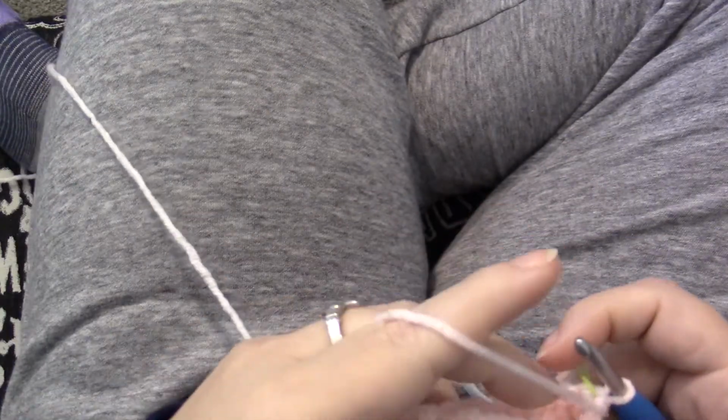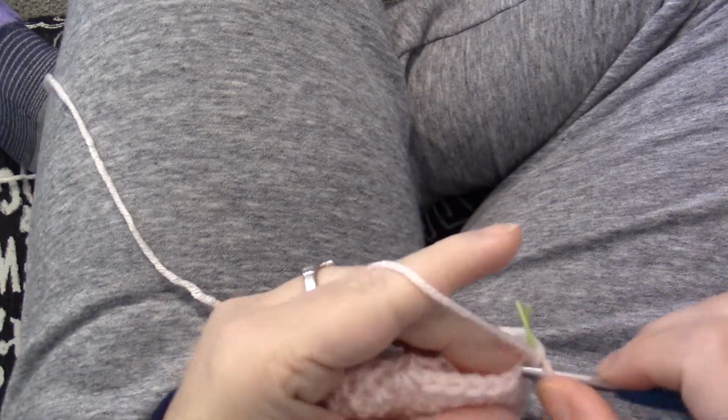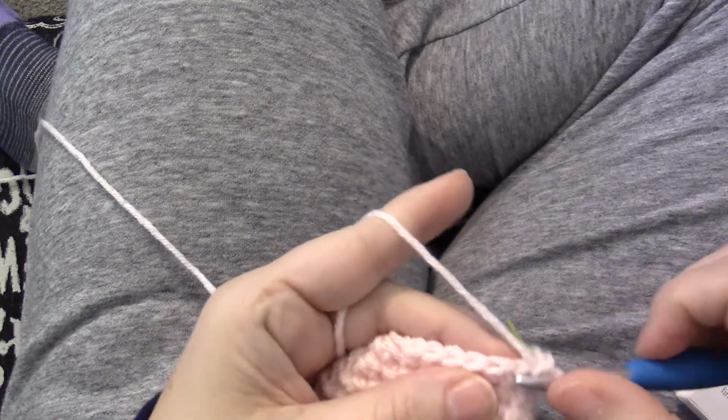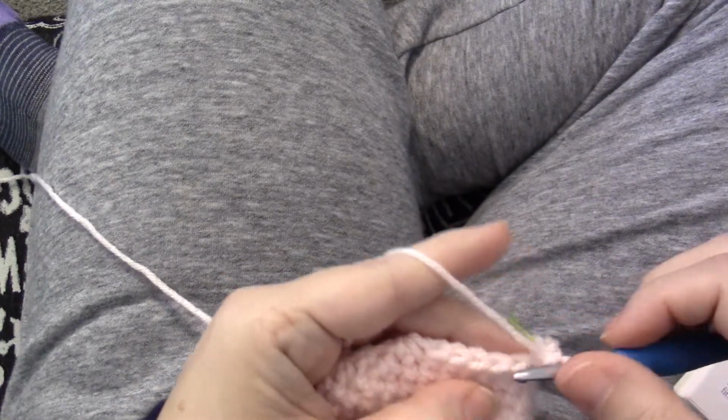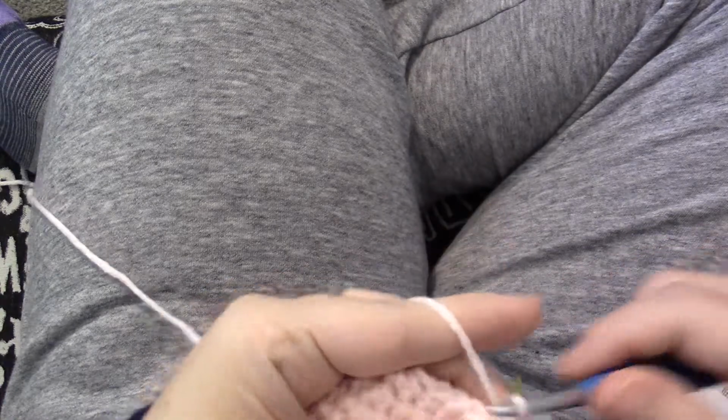So we are doing now round 10. I'm going to single crochet in the first, whoops, sorry, I was misreading it. 3 single crochet in the first one. So there's 3 single crochet in that stitch. Single crochet in the next 5,